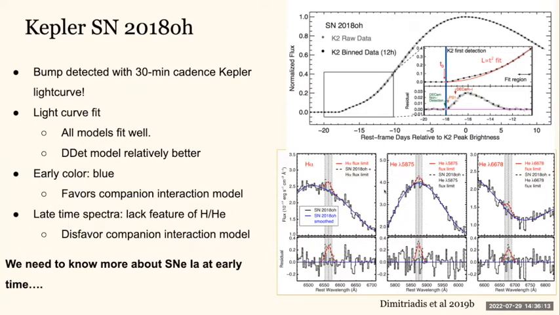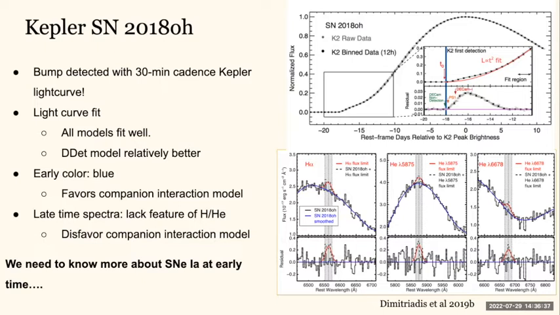And this again seems to be evidence disfavoring the companion interaction model. So combining all this extensive follow-up and evidence, it is still hard to reach a conclusion on what the progenitor of 2018oh is, especially considering that we have a lot of uncertainties